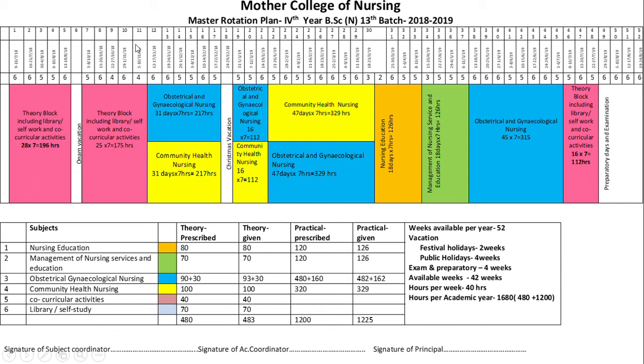You may see that I have given only 11 weeks. 11 weeks means 196 plus 175 hours only. But I have given a theory block again in the last, 3 weeks. So 11 plus 3 comes to nearly 14 weeks of theory block because of the holidays. Many of the weeks have only 4 days, and many weeks have 5 days. So it has to come to 480 hours. So I have given the theory block in the last. Then I divide the groups into two.